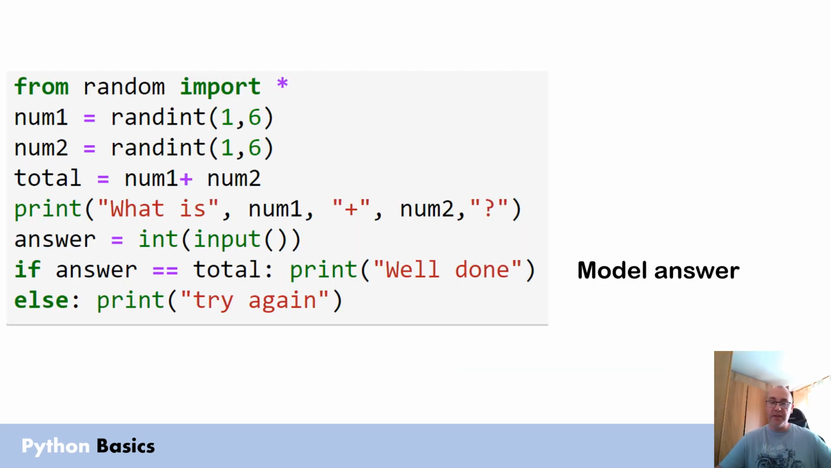Okay, so here's the model answer. Notice that I'm using int immediately after the input. Remember there are three ways I could have done it. There's actually a fourth way as well, which I'll say just for completeness. So here, where I'm casting the input into an integer, what I could have done is cast this total to a string. Now I do the addition and then I can go str